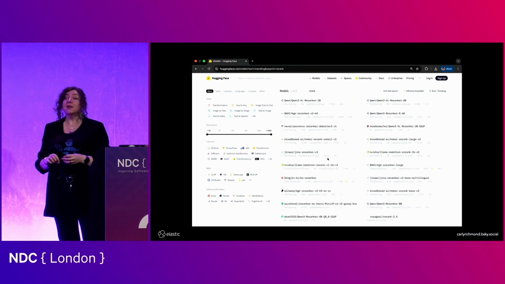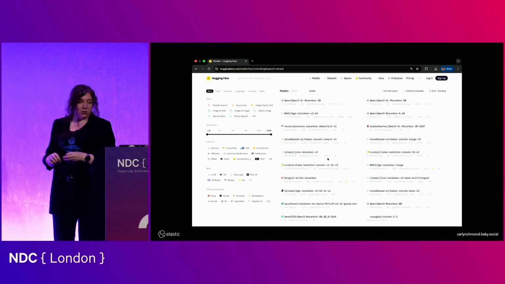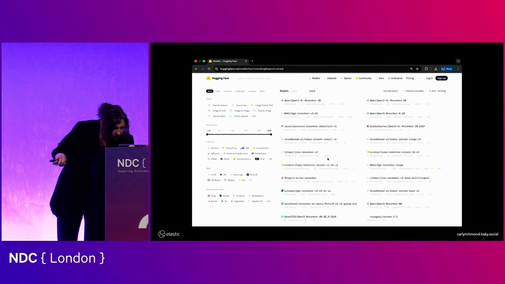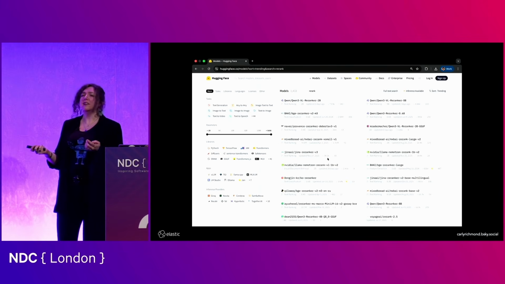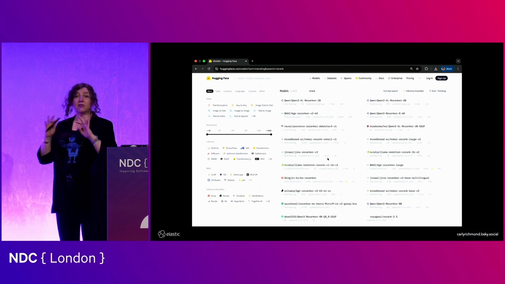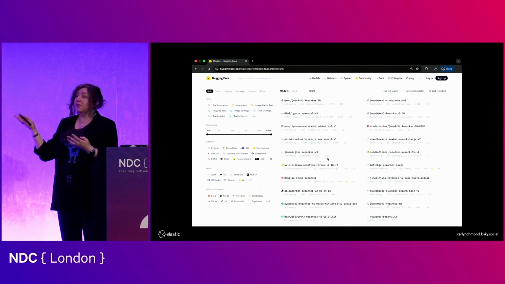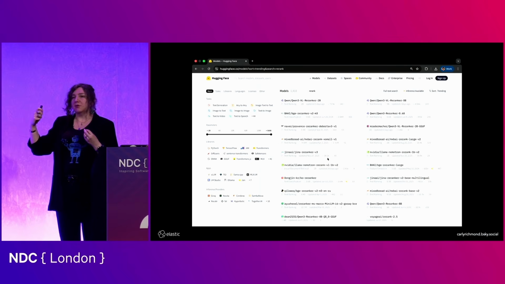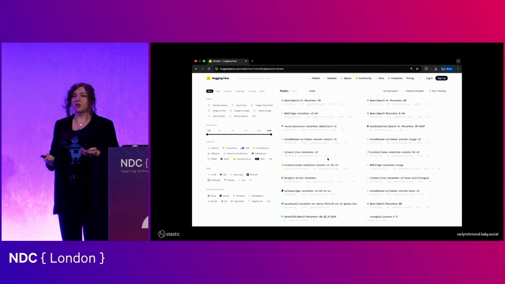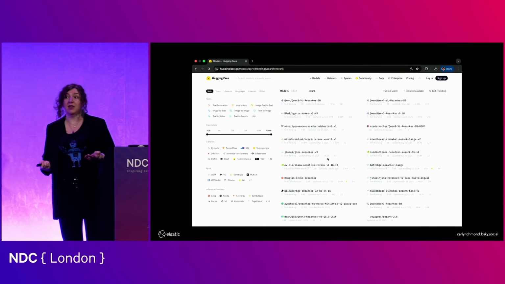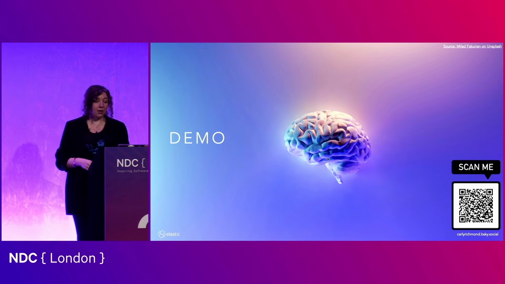There are loads of re-ranking models out there. There are some common ones from Qwen, there's Jina, and there's one called Mixed Bread, which I found quite an interesting name, though I haven't dived into it. All of these are publicly available, so you can leverage them from Hugging Face and other public repositories and give them a try to see if they work for you.